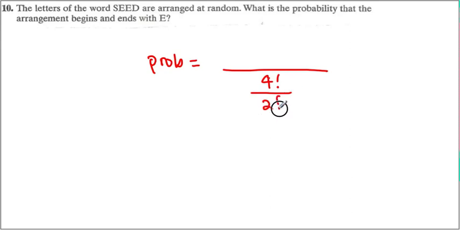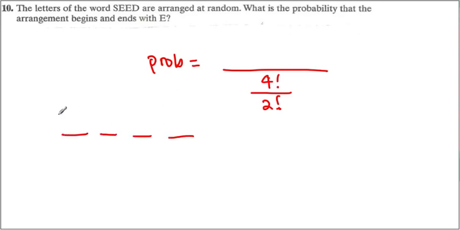Alright, the letters of the word SEED are arranged at random. What is the probability that the arrangement begins and ends with E? Now, the denominator has to be all possible choices, which means how many ways can we arrange these? It will be 4 factorial because we have 4 letters divided by 2 factorial because we have two letters that are the same. But in this case, we want to begin and end with E. That means, let's see,